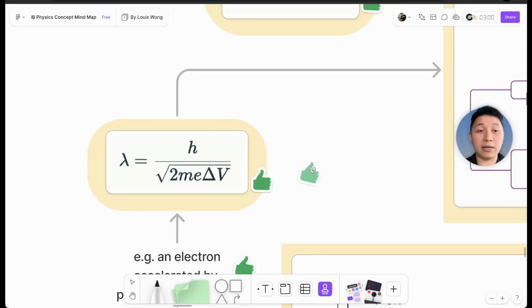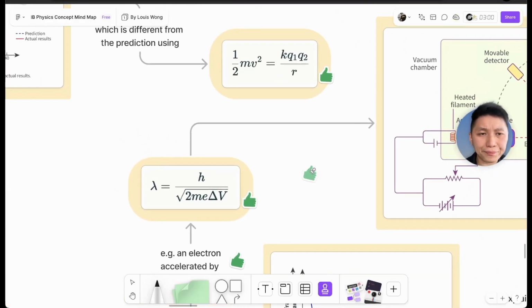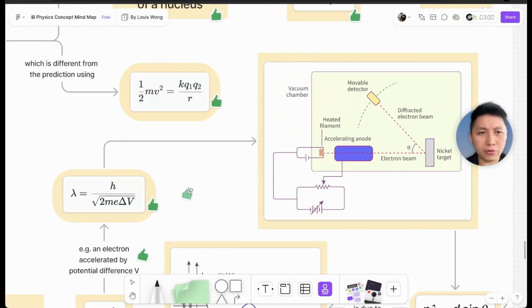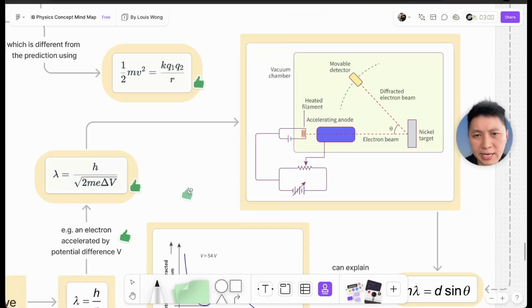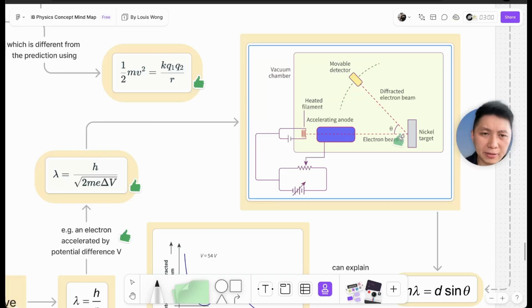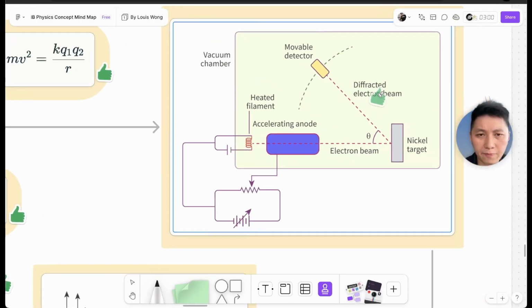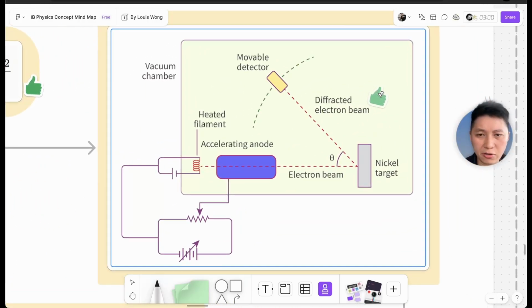Okay, I'll leave it to you as a practice. You do not have this in the data booklet. So I would say it's best if you know how to derive it, so that when you are asked in the exam, you can do it. And it's important because it leads to a very famous experiment of literally just what I said: you accelerate